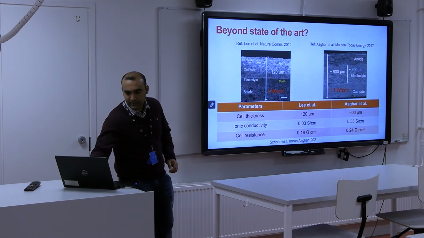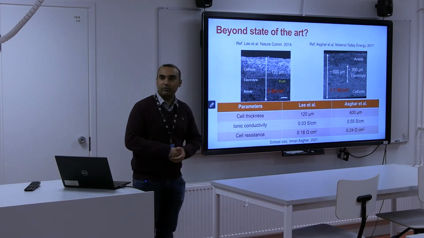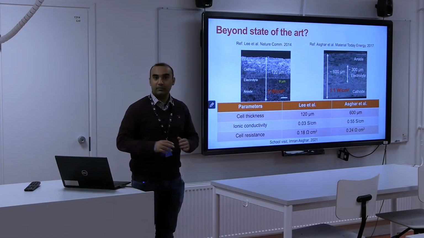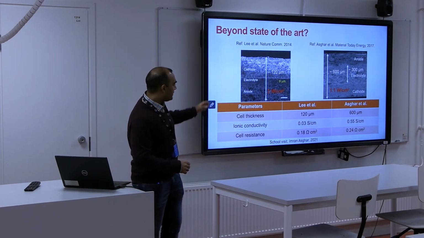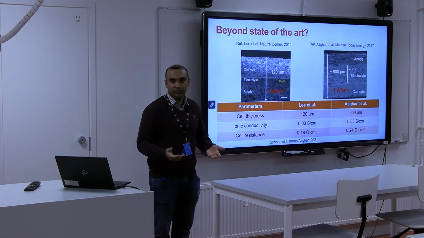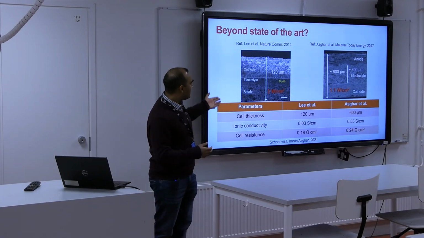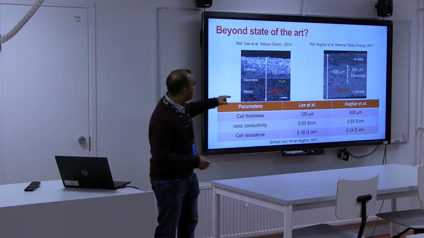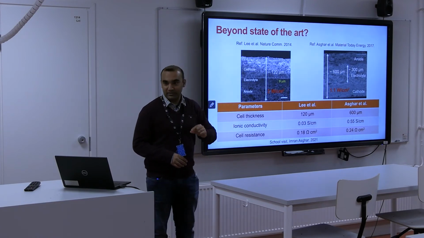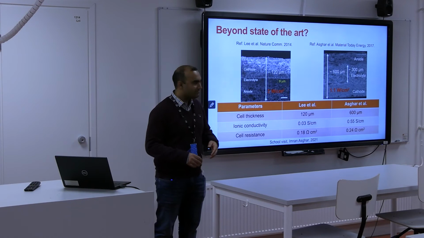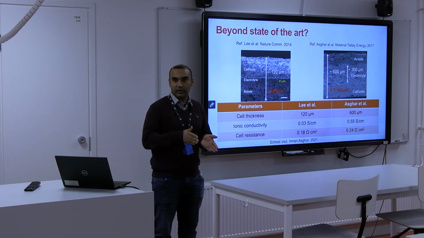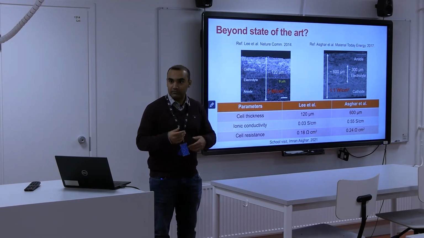But we realized, this is the cross section of our cell. This is a scanning electron image of our cell and one of the best results reported in the literature. When we compare them, the best result was 2 watt per square centimeter at 550, and we are about half of it. And if we look at the geometries, we find out that their cell is much thinner, especially the electrolyte. It's only a 9 micrometer thick electrolyte, and our electrolyte is 300 micrometer. So that's so thick. If we can reduce the thickness of our electrolyte layer, then there is a possibility that